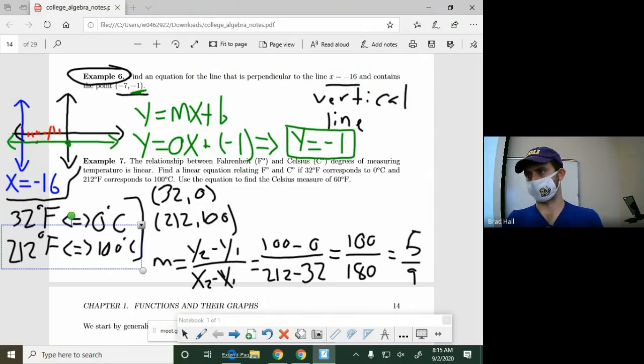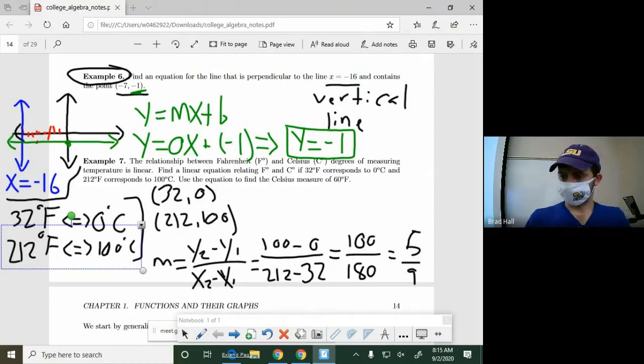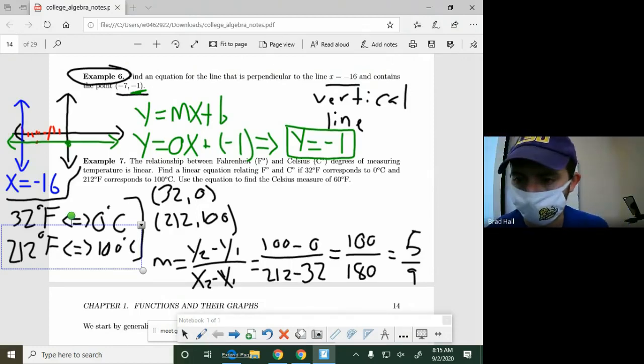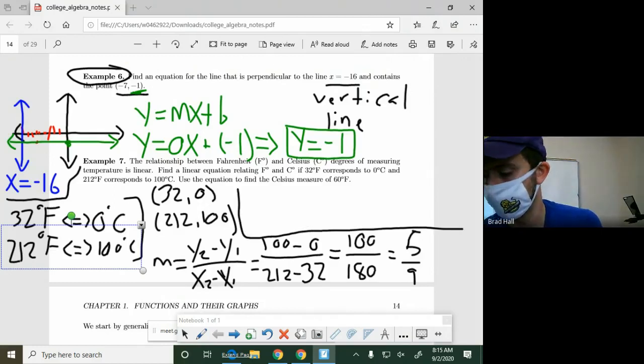So for one of the formulas, we already have everything to use. We want to use point slope because we have a point. In fact, we have 2 points, and we have a slope. So let's go ahead and try to squeeze that here. We're going to use the point slope form,